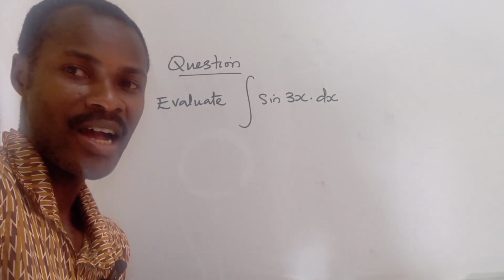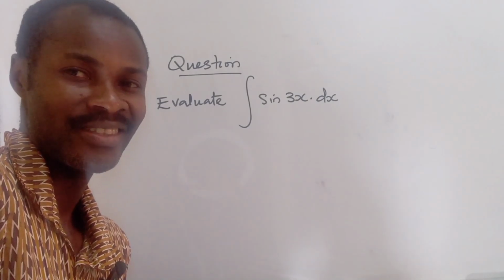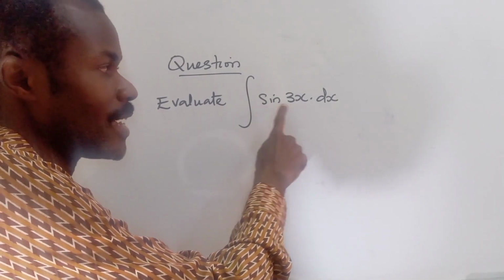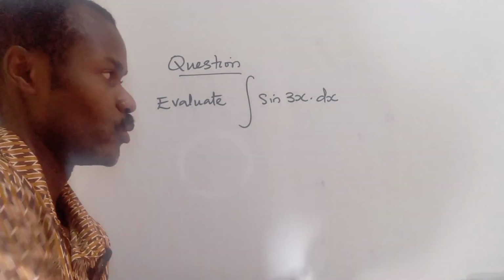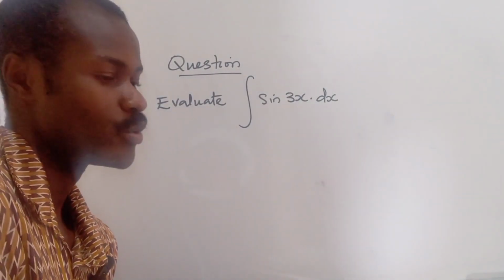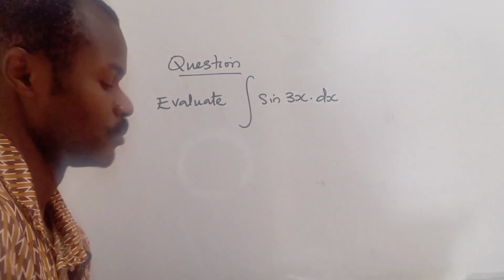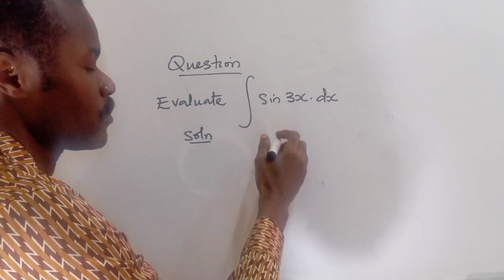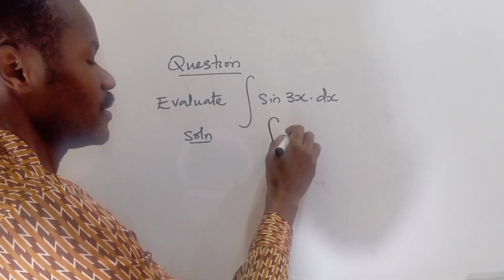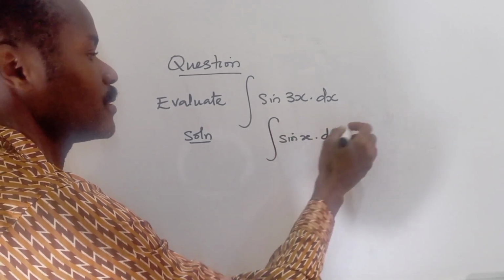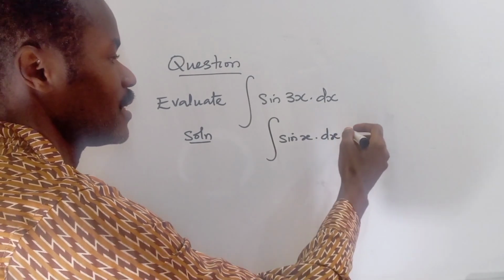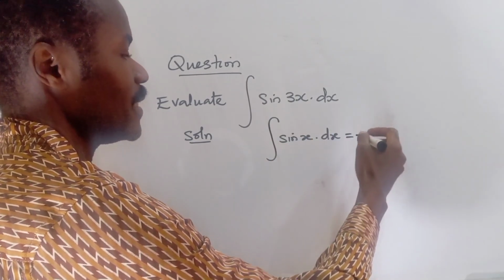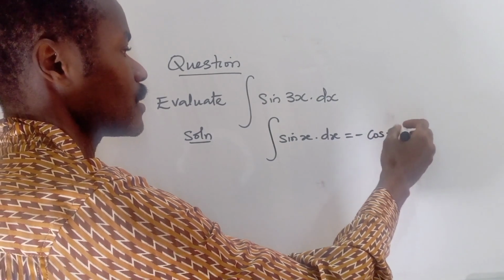So let's look at this problem on calculus. It is actually on integration. We have the integral of sine 3x with respect to x. So how do we solve this problem? The first thing you want to remember is your standard integral. If you have the integral of sine x dx, since we are working on sine, it is simply negative cos x